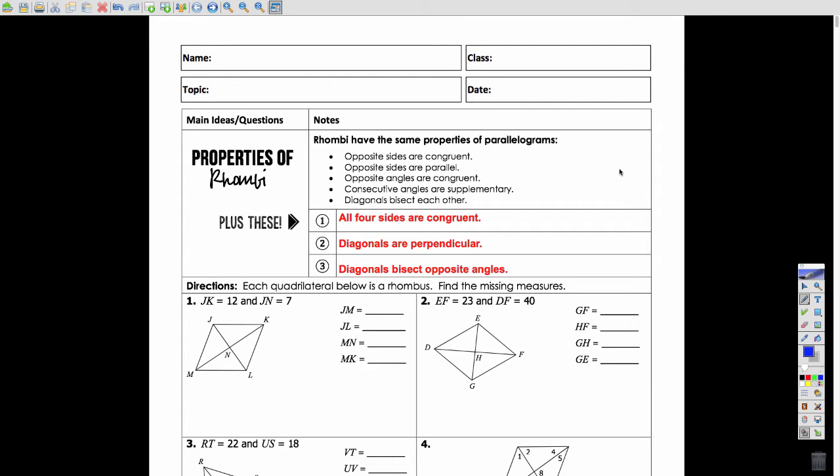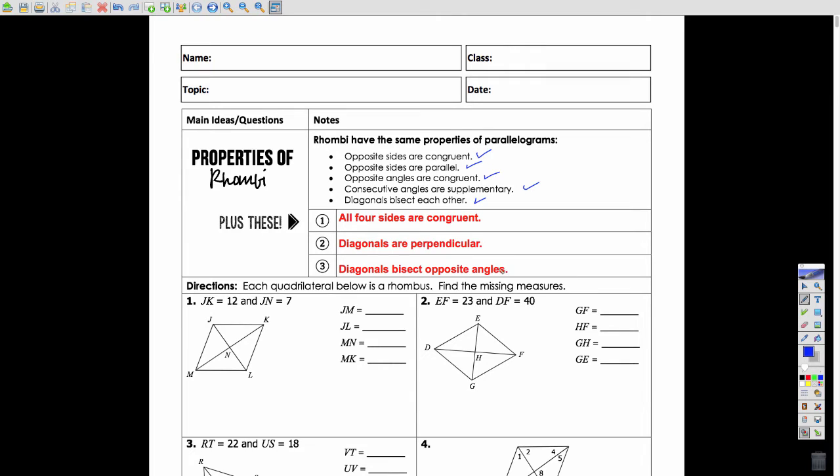In this video, we're going to study rhombi and squares. Just like rectangles in the previous video, rhombi share all the same properties of parallelograms. So their opposite sides are congruent and parallel, their opposite angles are congruent, consecutive angles are supplementary, and their diagonals bisect each other. In addition, all four sides of a rhombus are also congruent, and their diagonals are perpendicular